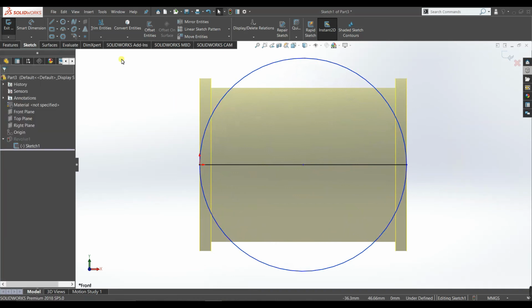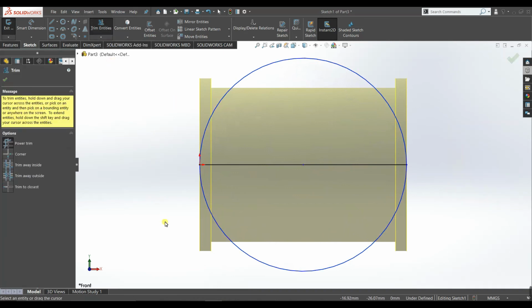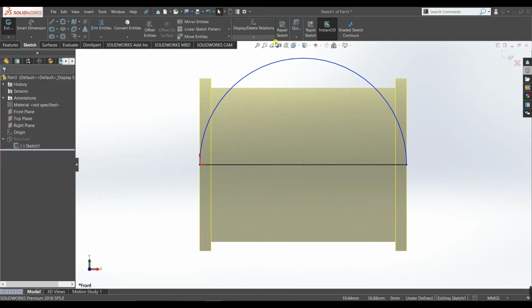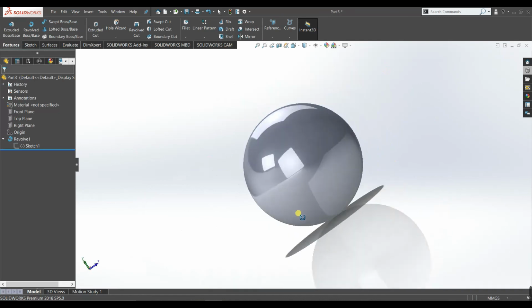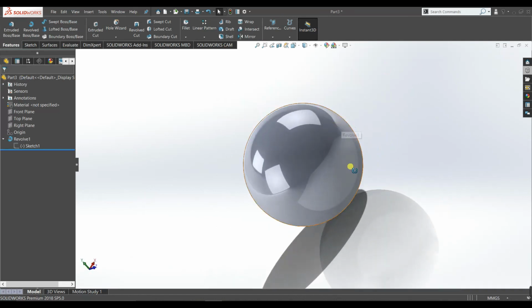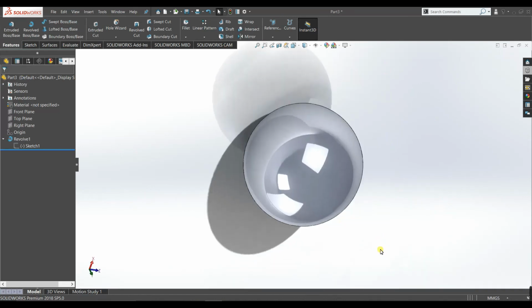Okay, select. Using trim command I will trim the half portion, accept. Okay, now accept this. Now you can see we have a sphere, solid sphere. Spheres are actually solid. So now we have a sphere.